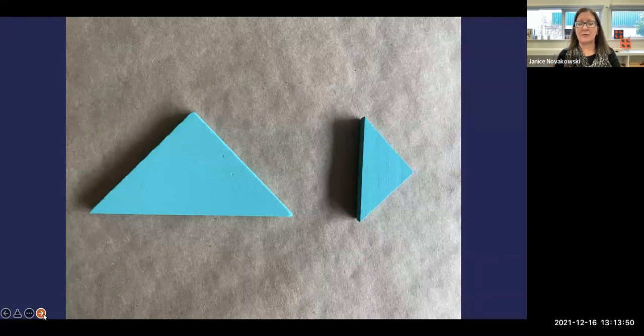Shapes, this is just from a tangram puzzle I had. And again, changing the orientation slightly, even though they're similar triangles but different sizes, just creates this opportunity to add some different mathematical language into the discussion. So being really intentional about, again, what you choose and how you place it will get different language and discussions